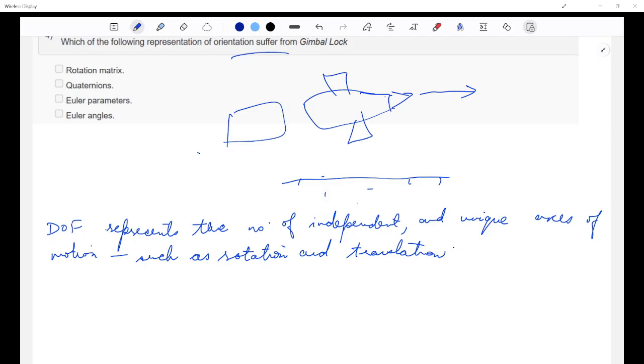Sanjay, do you want to say something? Okay. Okay, so degrees of freedom is like that. So, for example, if something is in space, it can move in x direction, it can move in y direction, z direction. It can roll, pitch, and yaw. Right? Yes, yes, yes. It has. Is someone unmuted?